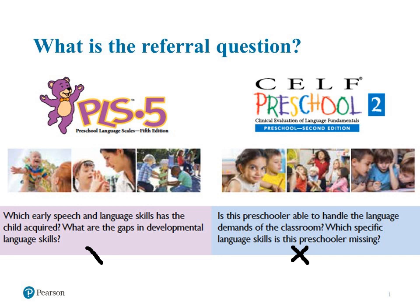The PLS-5 can be used in classroom settings, but is much more effective when we're looking at kids who are probably on the lower end of the scale, a little bit lower functioning, right? It does incorporate emergent literacy, pre-literacy skills. It also does incorporate some theory of mind components. On the PLS-5, we could look at older kids, possibly on the spectrum, right? But in the context of kids who are having significant difficulties. So in those situations, we're able